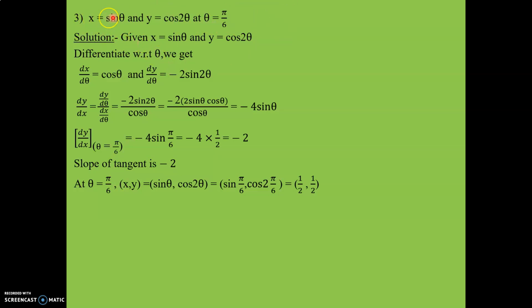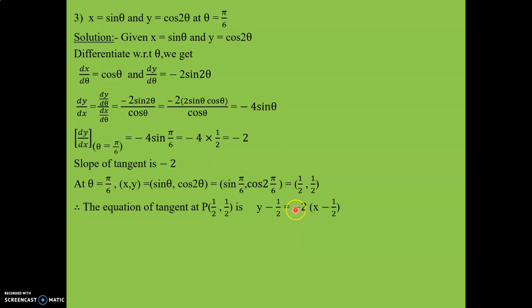So we can substitute the theta value in the place of x equal to sin theta. So we will get sin theta and cos 2 theta will become sin pi by 6, cos 2 pi by 6. So sin pi by 6, sin 30, is 1 upon 2. Cos pi upon 3 will become 1 upon 2 again. So equation of tangent at P (1 upon 2, 1 upon 2) is y minus y1,